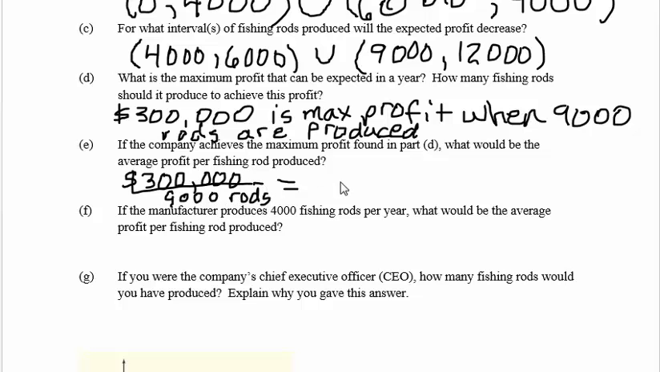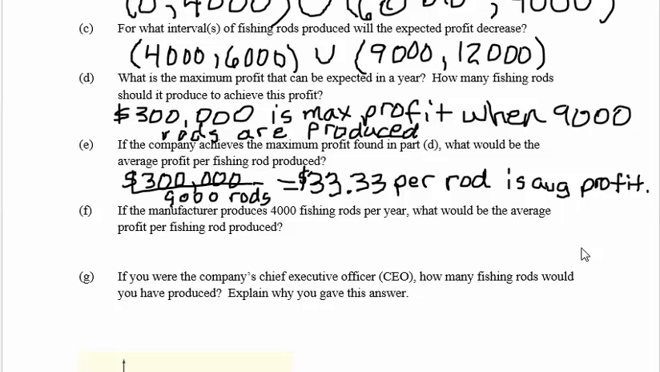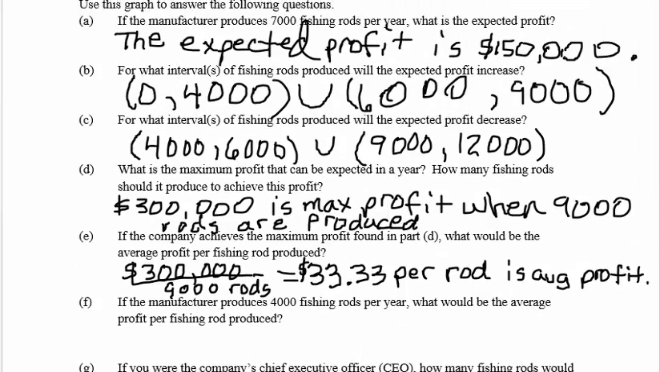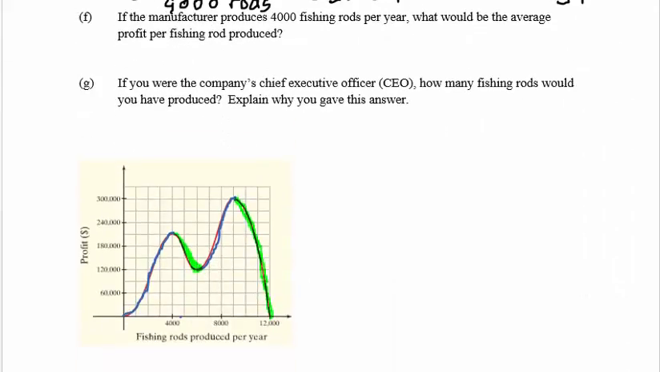So I divide the profit, 300,000, by the number of rods, which was 9,000. And I can use my calculator and do that, and I get $33.33 per rod is the average profit if 9,000 rods are made. So the average profit per rod is